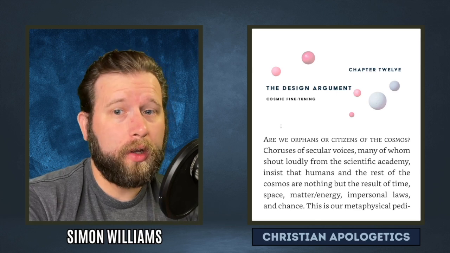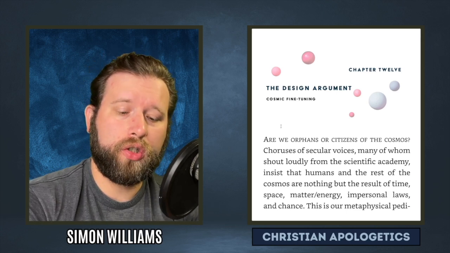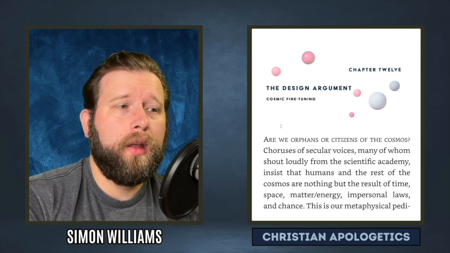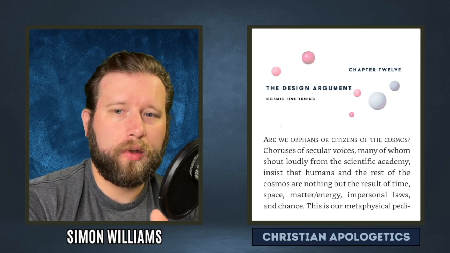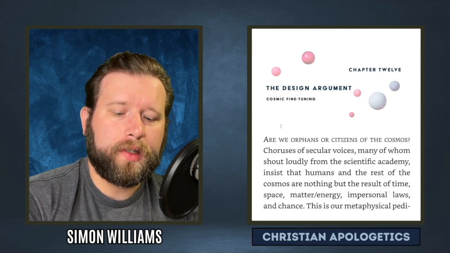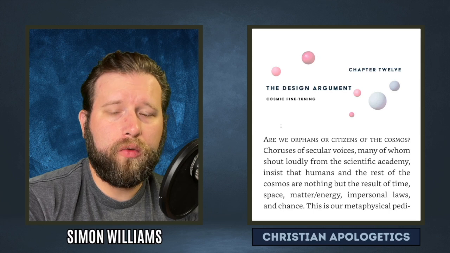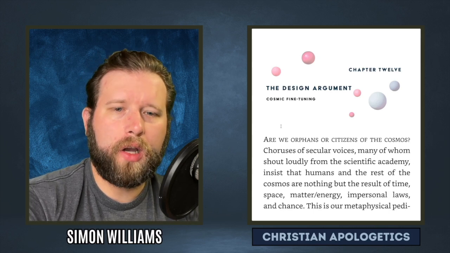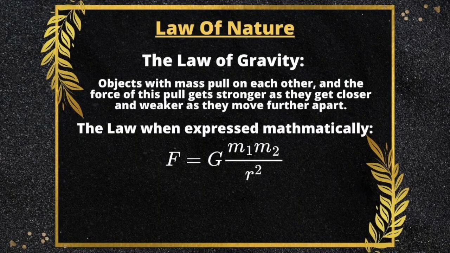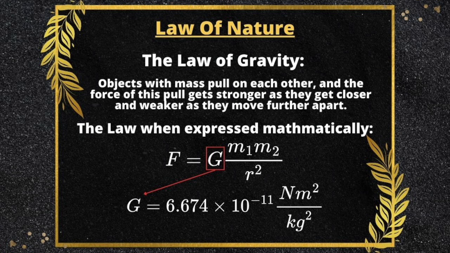So today we are going to be going into the design argument. This is usually the argument that is most respected by atheists. I also think that it is a good argument. There's a lot of different kinds of design arguments, and the one we're going to be focusing on in this chapter is the fine-tuning of the universe. Mainly, we're going to be talking about how the laws of nature, when given mathematical expression, contain certain constants that appear like they don't necessarily need to be what they are. And we're going to be going into more detail on that as we go.